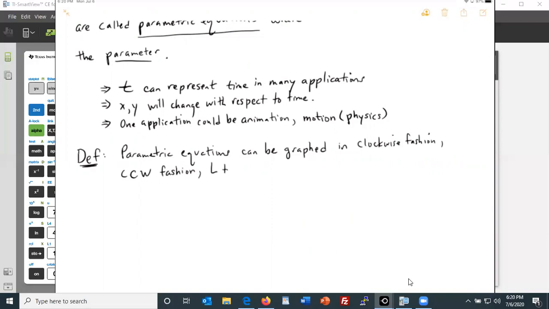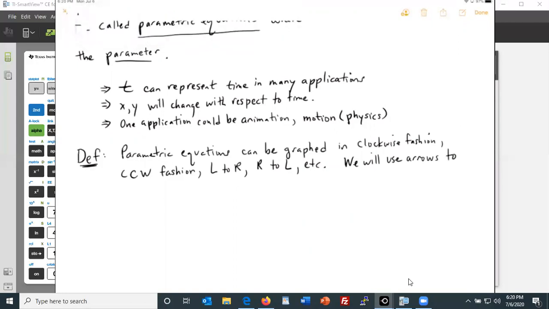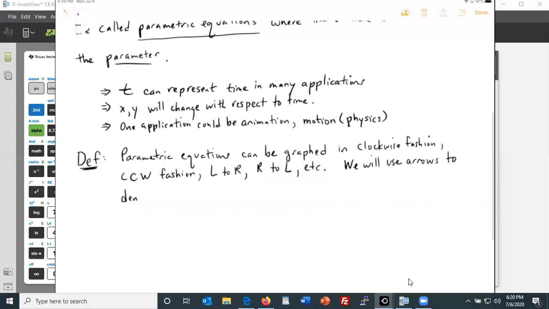I'm going to write L to R for left to right, or R to L for right to left, etc. So we will use arrows to denote the direction of the curve,